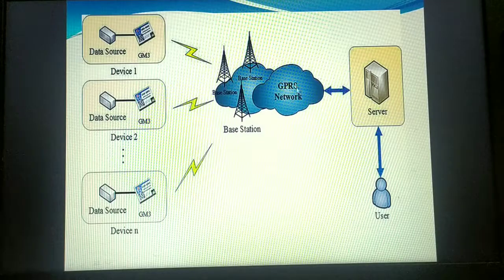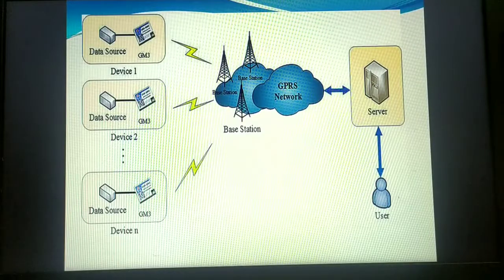Any communication has to make use of the antenna, and antennas may use microwaves or radio waves. So you should understand what GPRS stands for and why it is used: it is used to access the internet. Then how it works, based upon the packet switching technique, and what its speed is. So this is all about